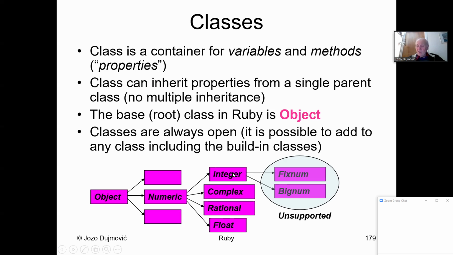And then previously integer had 2 children classes, fixed numbers and big numbers, and they are now merged together, no longer supported. But the whole structure is always a tree, that you have this root class object, and then everybody inherits from it. Of course, if you have here your own class that you define, then that's fine. But you can take each of these classes and you can expand them by making more